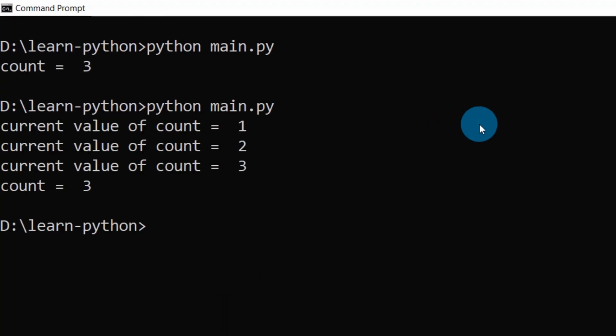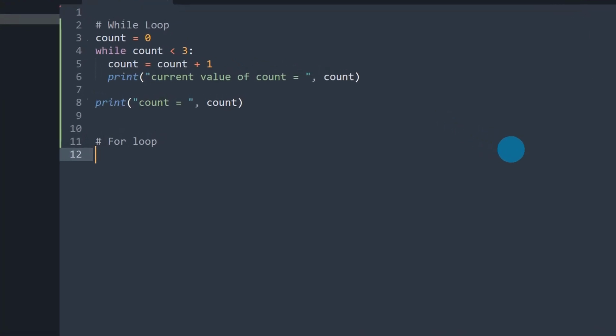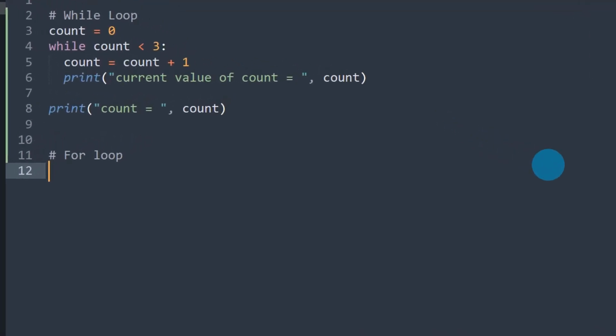Now Python. See what happened? The while loop executed 3 times. First it was 0. When it was incremented the first time, the value became 1. Then the value became 2 the second time. The third time it became 3. After the third time, the value of count is 3. 3 less than 3, condition is not satisfied. That's why it came out of the loop. And at the end, we printed the final value of count here. Okay, now let's see how a for loop works. A for loop is actually similar to a while loop, but you can use the in and not in operators. Of course, you can use them in a while loop as well.